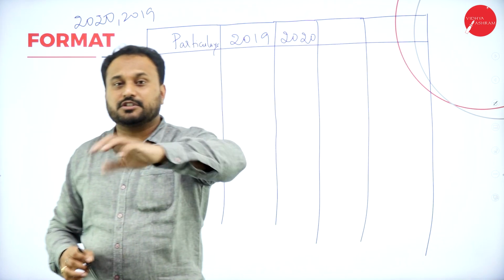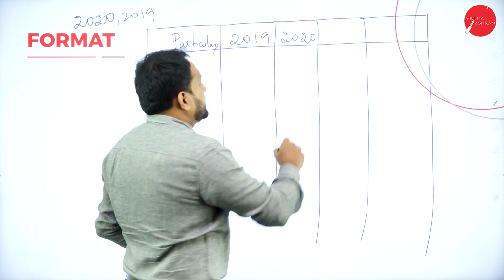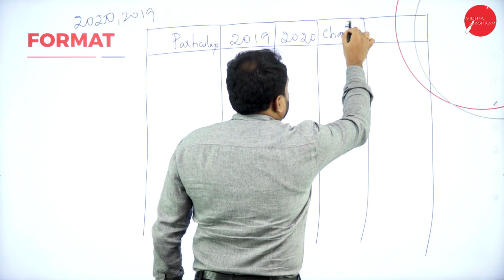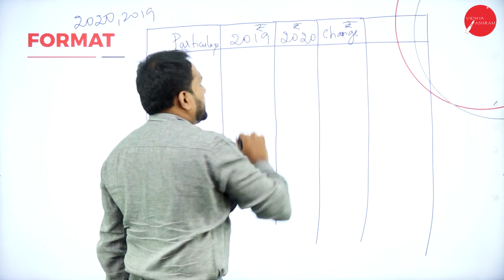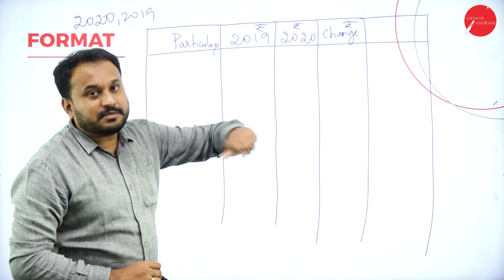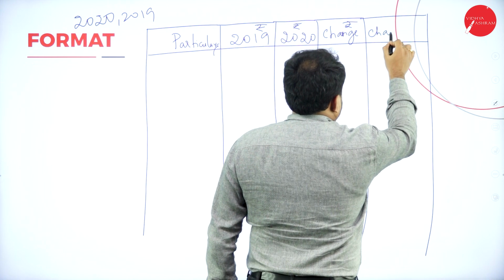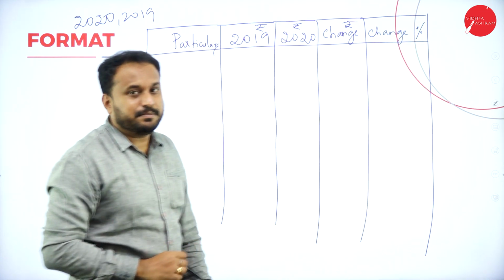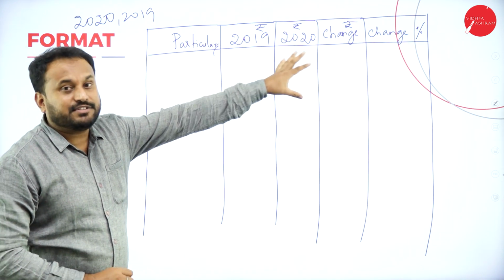That is what it comes, because the financial year is what we go with. Next, here this is called change. What is this? Change. And it is denoted with rupees. Here also rupees. Here also rupees. But the last column, it is not rupees. It is again change, but change in percentage. So I'm done with my tabulation of comparative statement.